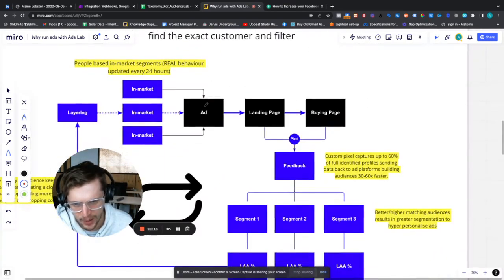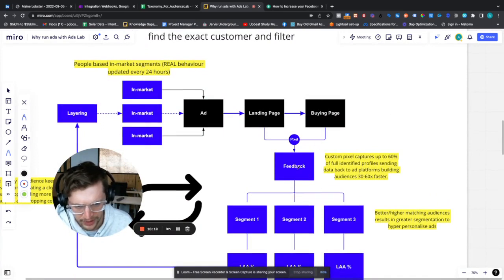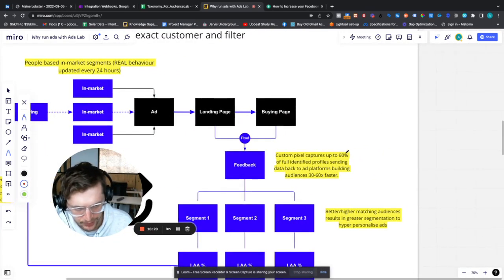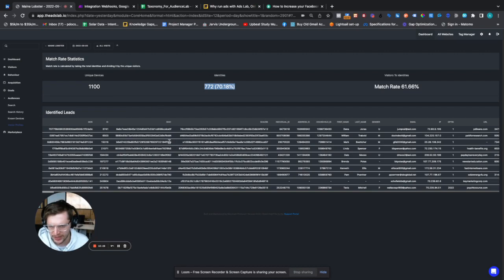So that's one. Secondly, our ads are going to bring people to a landing page, and then depending on what pages they're on, we're going to build custom audiences 30 to 60 times faster, right? Because we're getting more data. Let's say it's around 1,300 visits. On the traffic that actually landed on that website, only about 15% of those people can be pixeled to use in a custom audience. Whereas we can take the whole 772 people, which is like 60% of all the traffic on the website, and just upload it directly, right in. That's crazy.